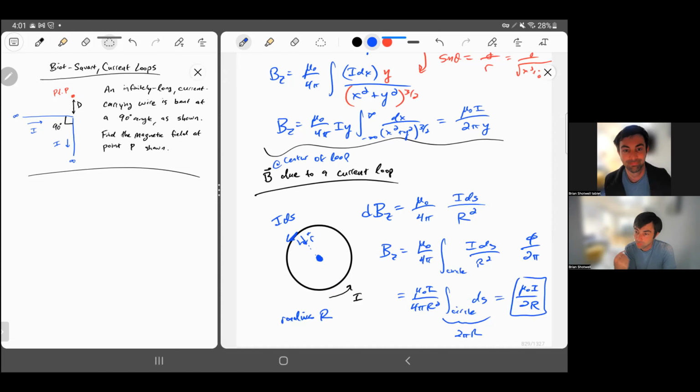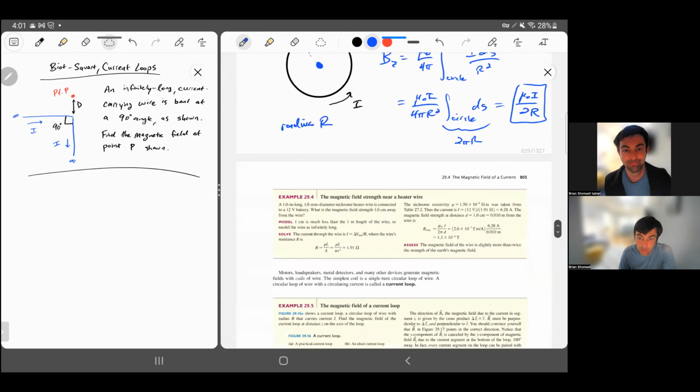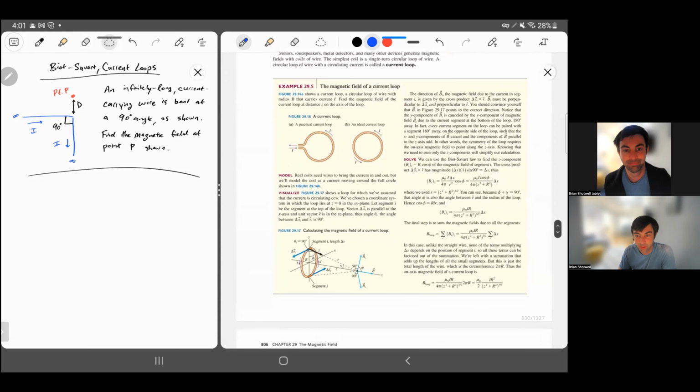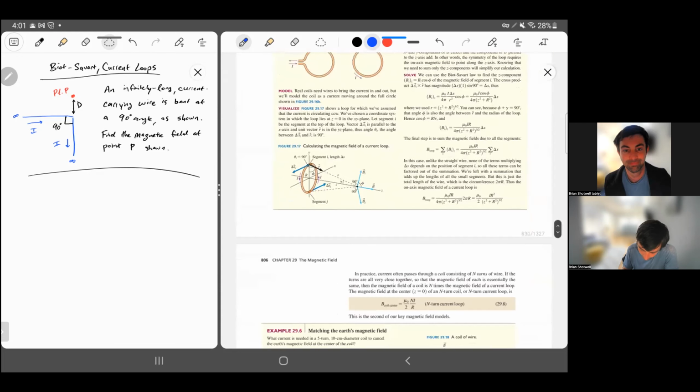If you have multiple loops, then you could also introduce a factor of n right here for the number of loops of current, because you'd be integrating over an angle that's more than 2 pi. And I think your book does the second example here, the magnetic field of the current loop, and they keep the factor of n in there. So they say that we definitely have an integer number of whole loops, of whole circles. So they don't have this angle thing in there, but they do have the factor of n for